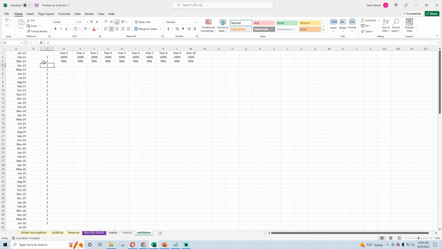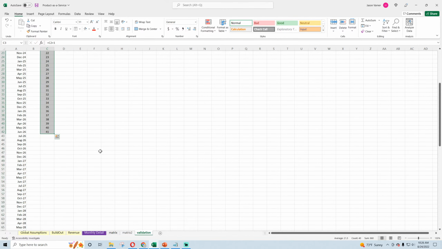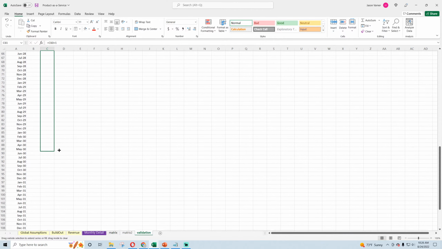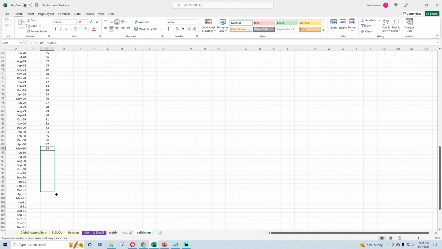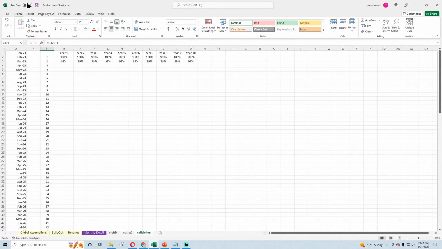And then you can see I'll dynamically reference this table when I look at the matrix to figure out how many customers are left of each monthly joined cohort. And that will be able to reference the total customers that exist at any one time. And then I can use that to figure out how many minutes of capacity I need. And then you could drive your product purchase based on that.